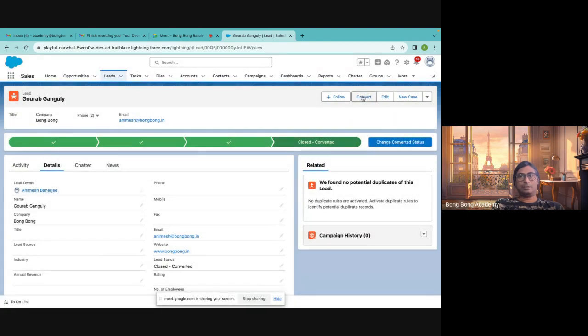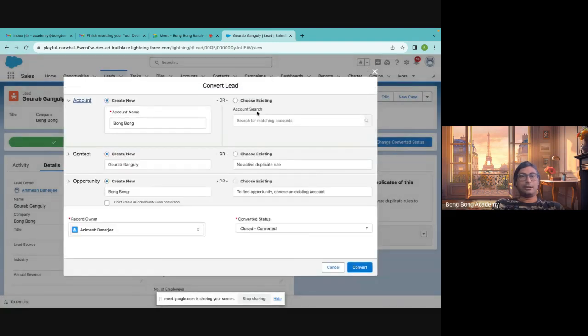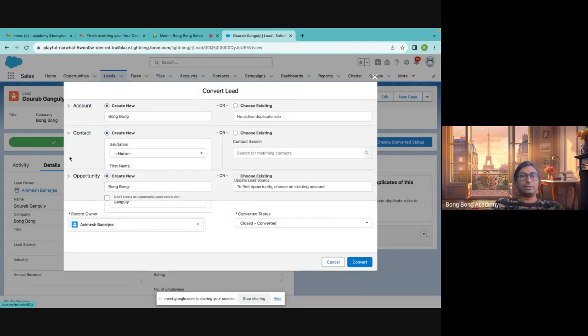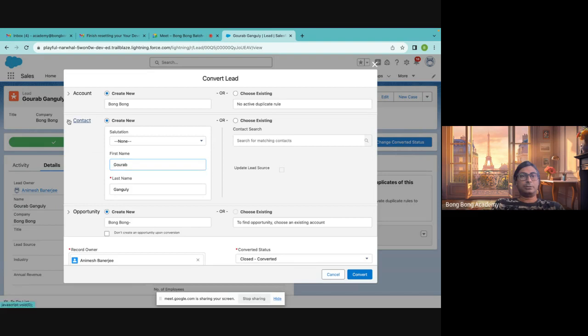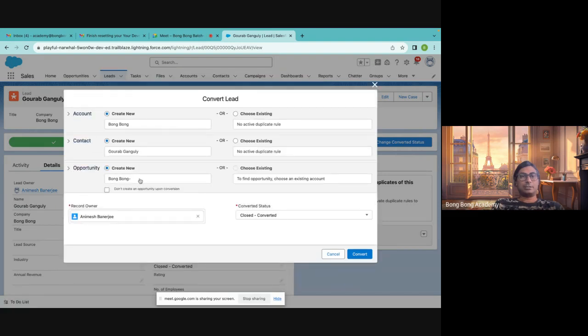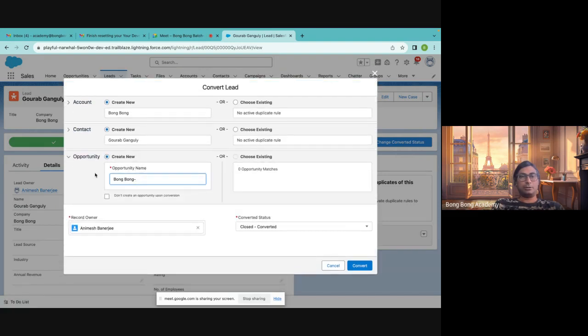And I can convert this. Whenever I convert this, immediately what happens? Three create operations happen on three different objects. You see, from the Bong Bong, it has taken the account name. The whole information of the lead is now copied over to contact, and it is giving me an option of creating an opportunity. I may choose not to create this,